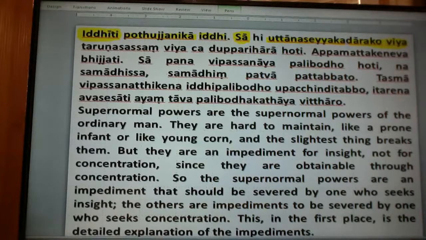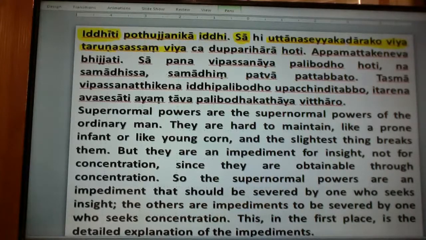easy to disappear. That's why the seven-year-old Samanera, who had abhinna, flew in the sky. He heard a sound from the ground, the ladies saw, and it broke, everything disappeared. His supernormal power was like that. So it is mentioned here, Uttana Seyaka Dharakoviya means easy to break. Another example,